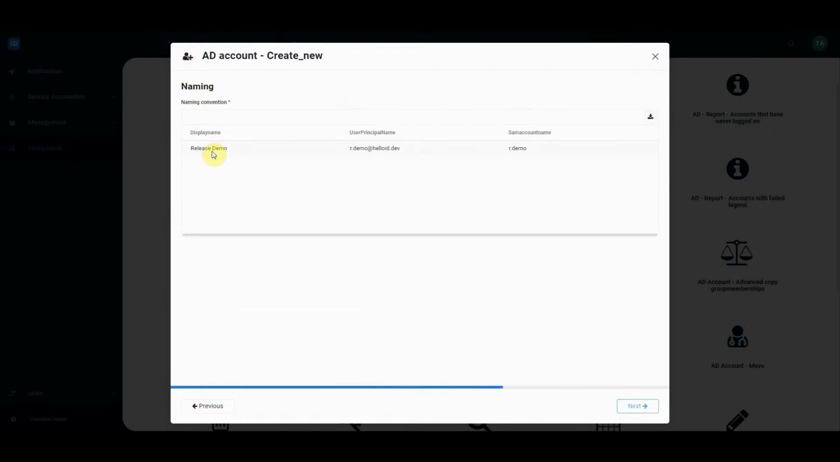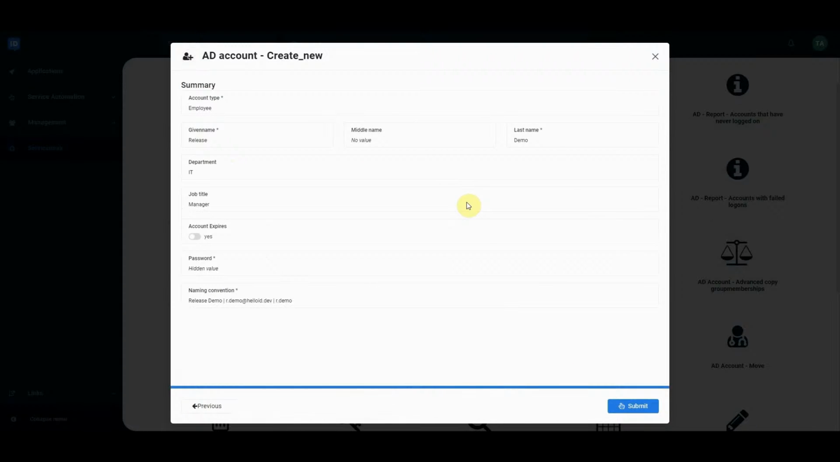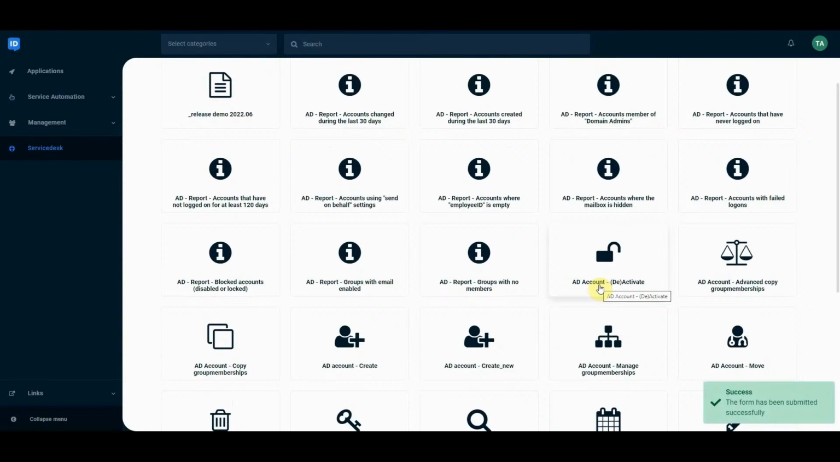Then we'll see the available name. It checks it in the Active Directory and it uses the configured naming convention and it generates this name. So I will select the name and I will continue to the summary page. I can confirm all my details and I will submit the form. So now the form is submitted and the agent will execute the PowerShell script